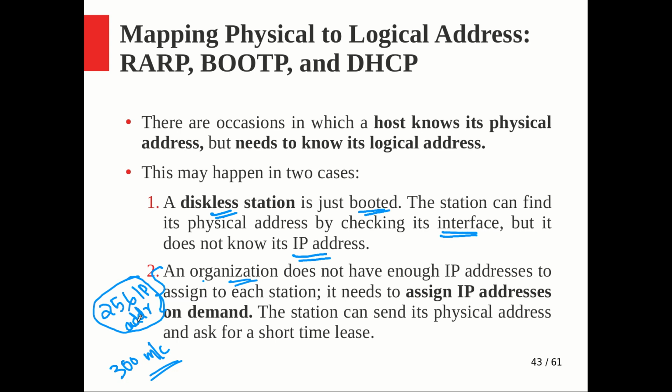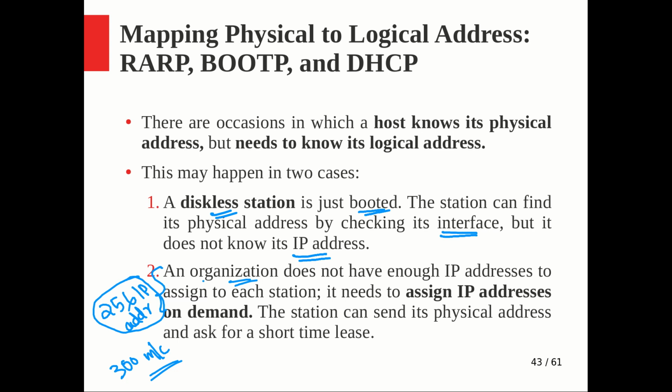So they will try to manage all 300 machines with these 256 addresses. At any time some of the machines may not get net connectivity, in the worst case if all of them try to access the network. The organization could manage like that, or particularly the internet service provider also sometimes does that. Sometime back, those who were using the internet may have faced this: you try to log into your broadband connection and you may not get connectivity, particularly in peak time, while at other times you may get connectivity.